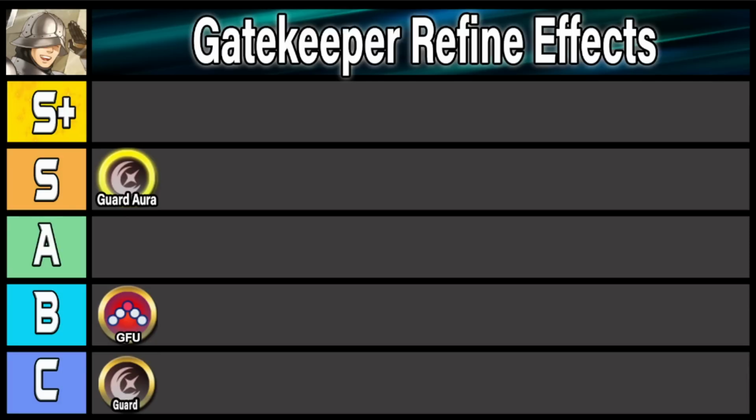Now, another effect that could be good, but isn't going to break him by any means, that would be Defensive Null Follow-Up. Now, Defensive Null Follow-Up is really good on Gatekeeper, and the reason for that is he already has a follow-up denial. So by having Defensive Null Follow-Up, what this would do essentially is make it so that all those slow units who have guaranteed follow-up attacks, instead of just having to win a speed check to double Gatekeeper,